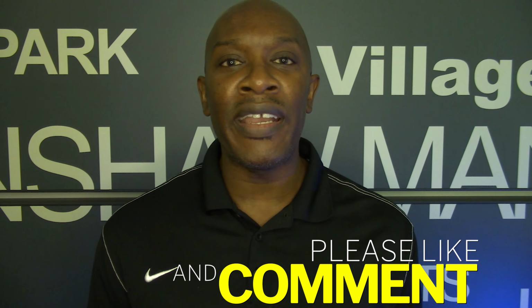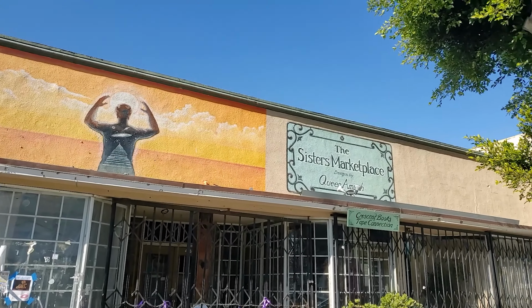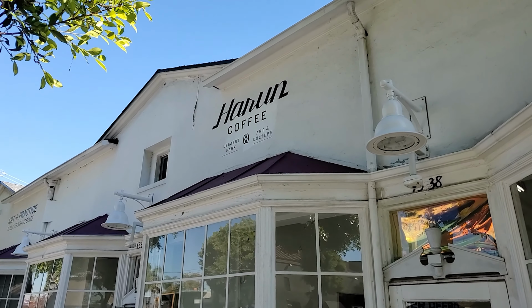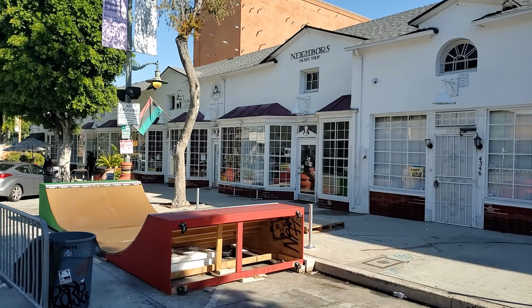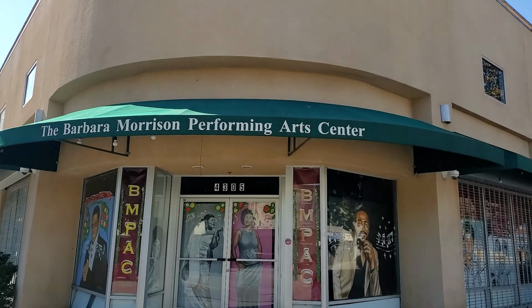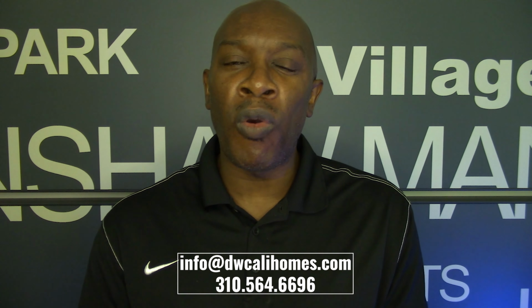But it's a great area to live in. Tons of amenities around there. It's centrally located. And with the Metro Crenshaw LAX line coming into fruition in just a matter of years, it's going to be a hub that I think a lot of people are going to want to get into. So if you're looking at making a move, you probably want to consider this one right now before the prices really skyrocket. However, if you're looking for a place that may be a little bit more aligned with your budget and that's more affordable,